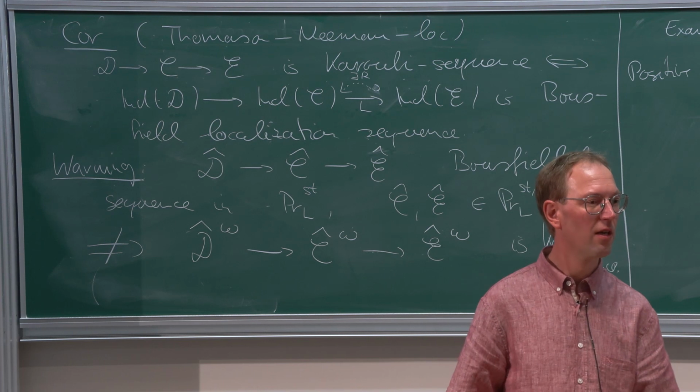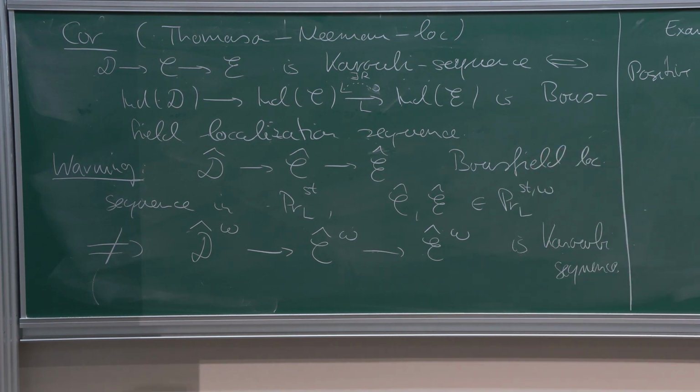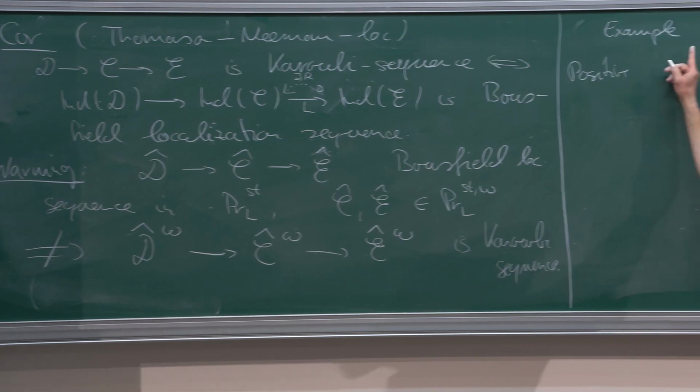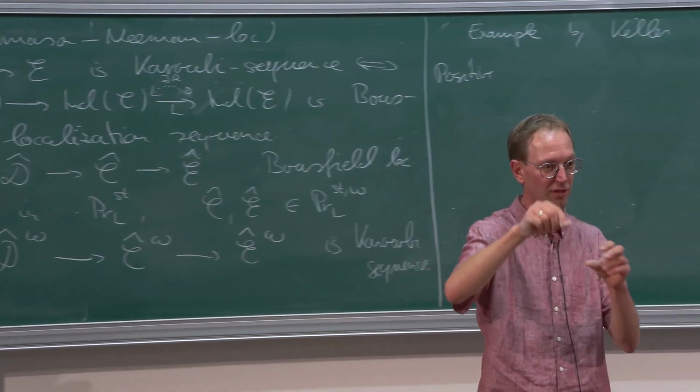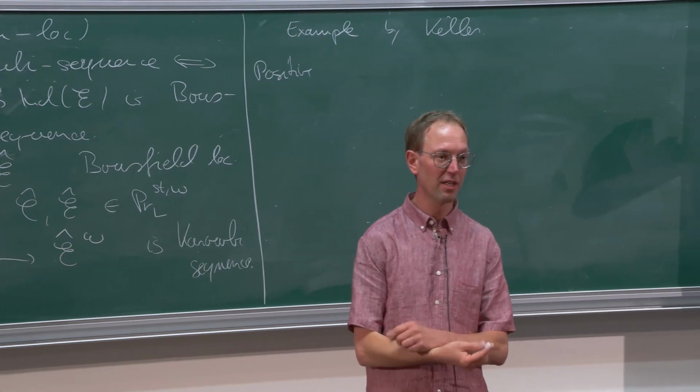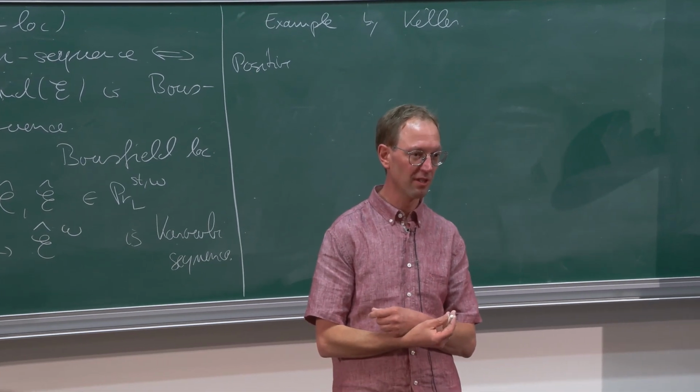Okay. Assuming this sequence, the last map preserves compact objects, it doesn't ensure the kernel is compactly generated. No, it does not. Yeah, but I mean that's precisely this example by Keller. This functor here is just base extension of modules along a ring map, and this preserves compact objects.